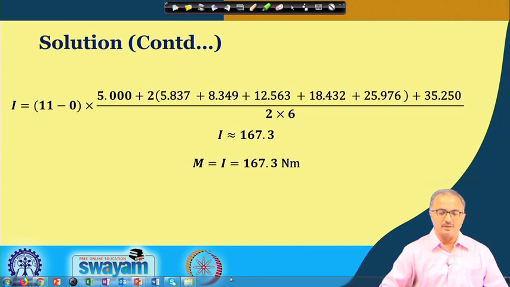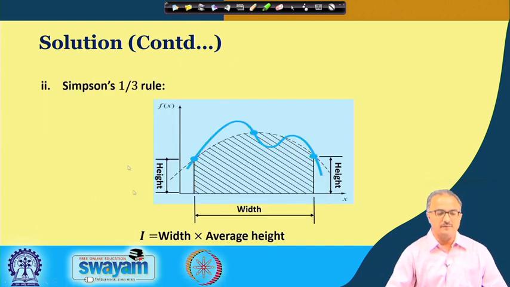Next, we go to the other method. Here we have the Simpson's 1/3 rule. Here you see that we are choosing 3 points. We were choosing 2 points in the trapezoidal rule, here we are choosing 3 points, and these are also chosen arbitrarily. Okay, and you can see that if you join these 3 points by some kind of curve, you find this is the area, and this area is again an approximation of the actual area.